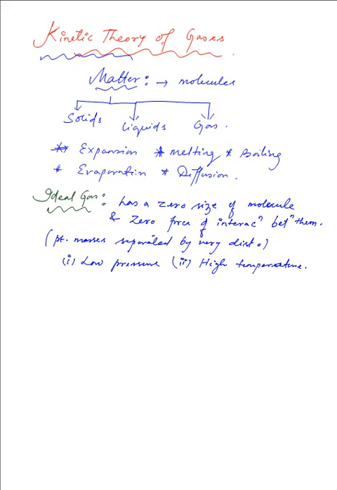Now the ideal gas has an associated equation, known as the ideal gas equation. This is the equation for a perfect gas. There should be no force between any of its molecules, which forms the basic postulate of the kinetic theory of gases. And so the gas is set at low pressure and at high temperatures, thereby having its molecules really far away from one another. So let's see the equation of state for an ideal or perfect gas, the ideal gas equation.